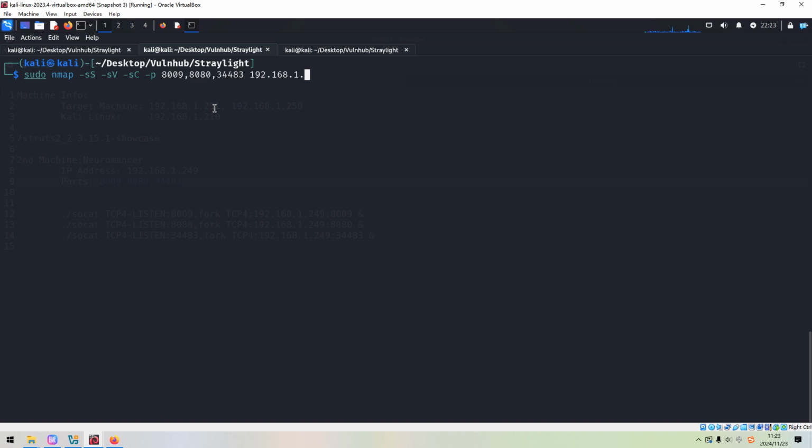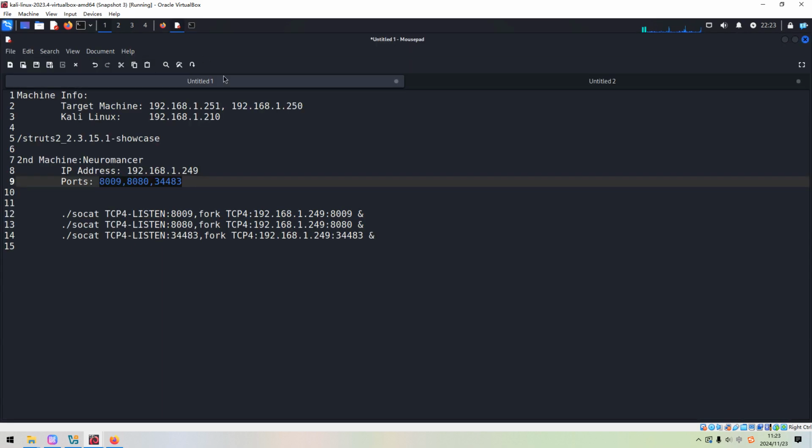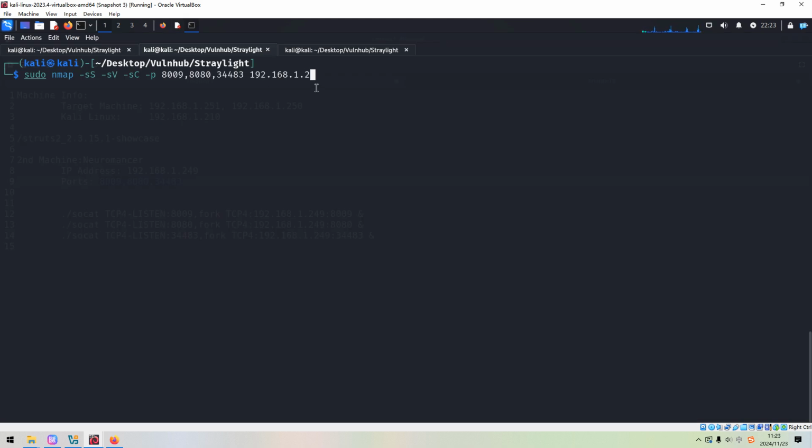Here, the IP address should be the IP address of the first machine rather than the second machine. Okay, so now we can put the IP address of the first machine. Now we can run it.